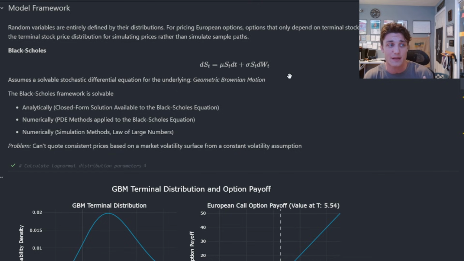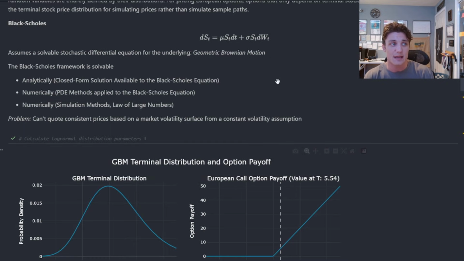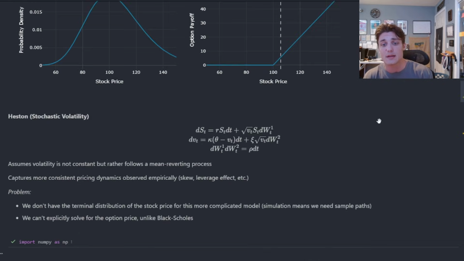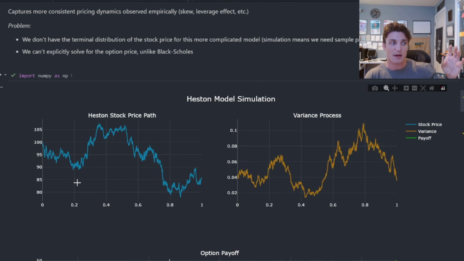It's still a multiplicative stochastic differential equation. The only difference is the volatility term here, sigma, is no longer constant. We have this term V now that is a stochastic process itself. So we're actually dealing with two stochastic processes here in a Heston framework. The first is this stock price process. So here is a stock price path. And the second is this